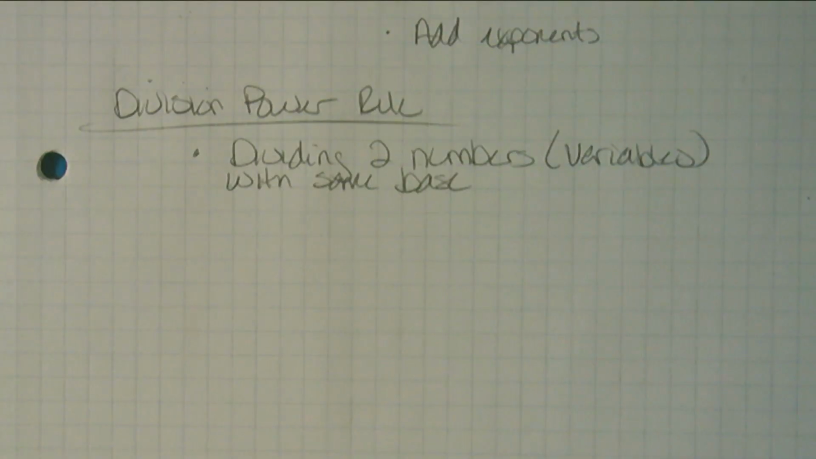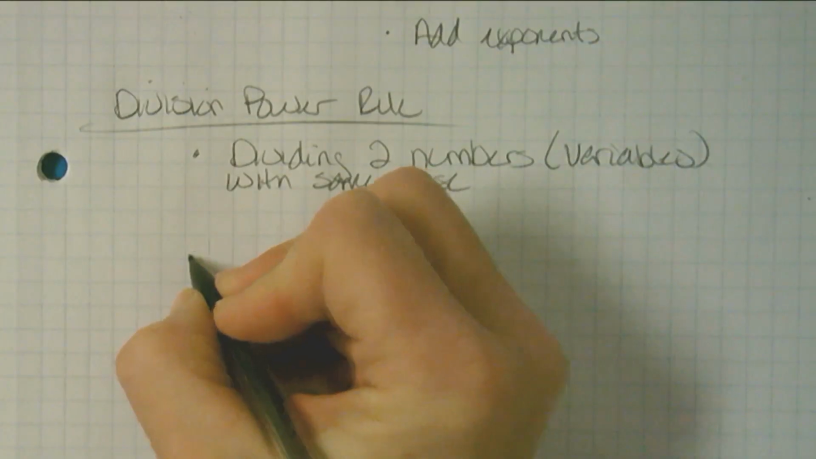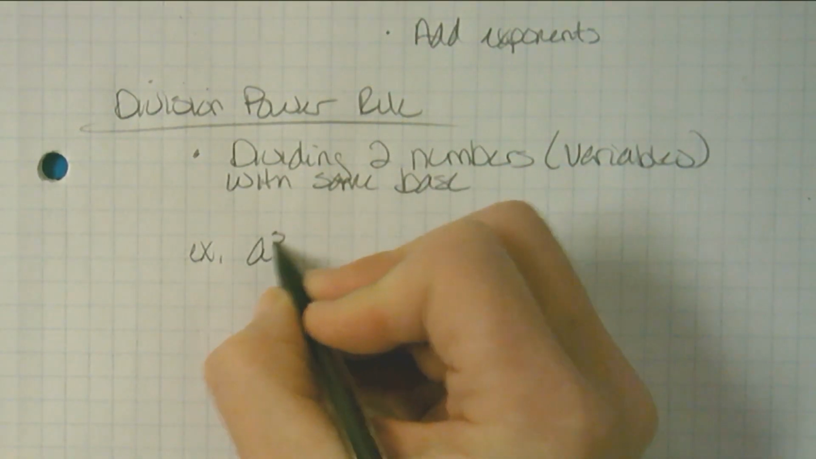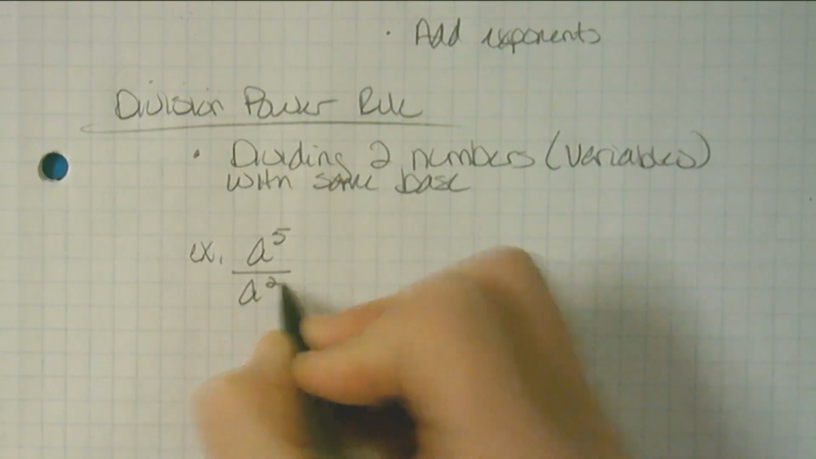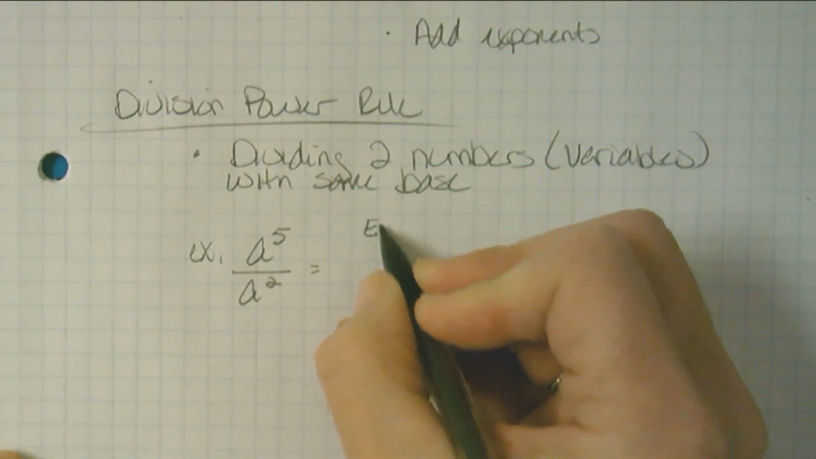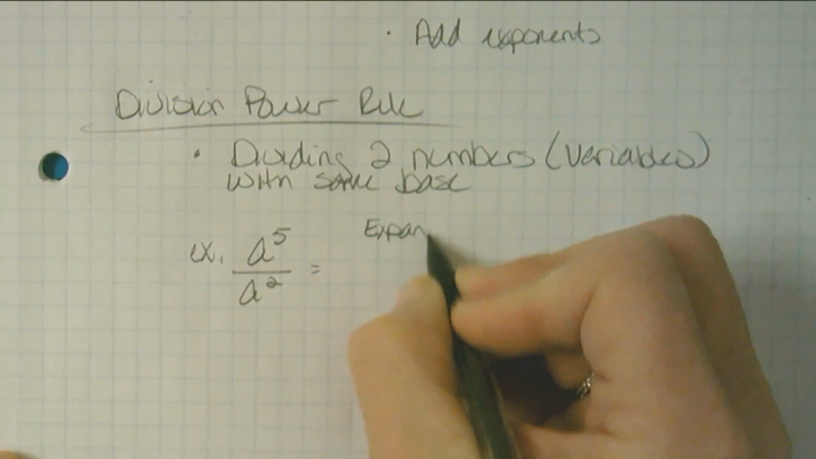All right, I'm going to explain to you how this works, and then I'm going to state the power rule. Just like I did yesterday, you don't have to show me this expanded form, but I want you to believe why this works the way it does. So here is an example. If I have a to the 5th divided by a squared, if I wrote this out in expanded form,